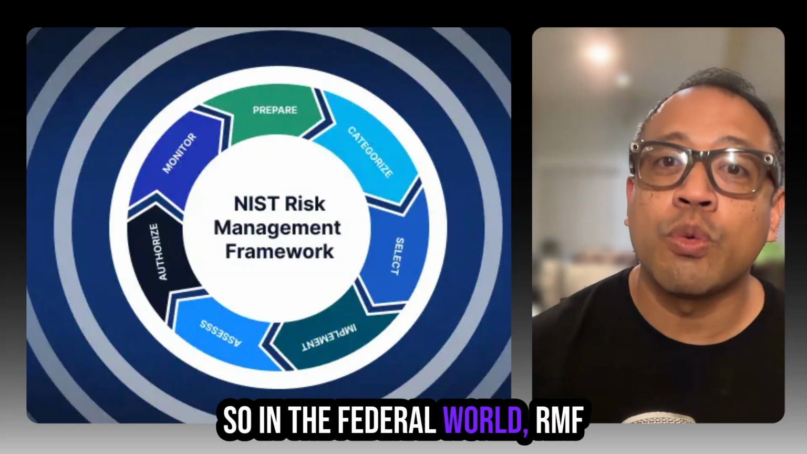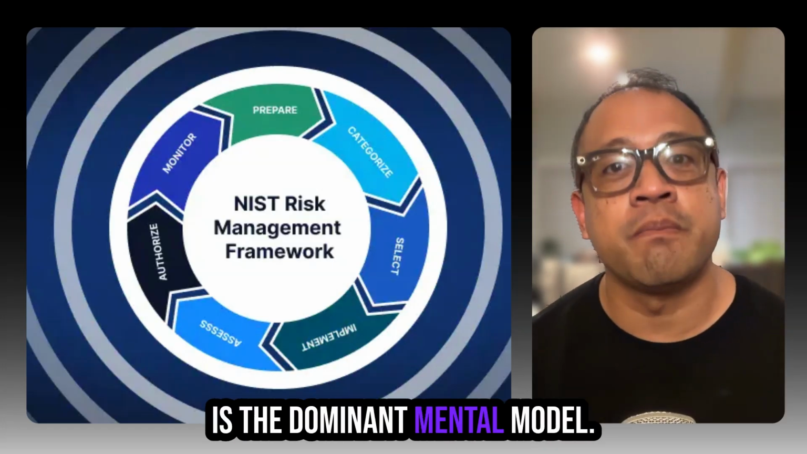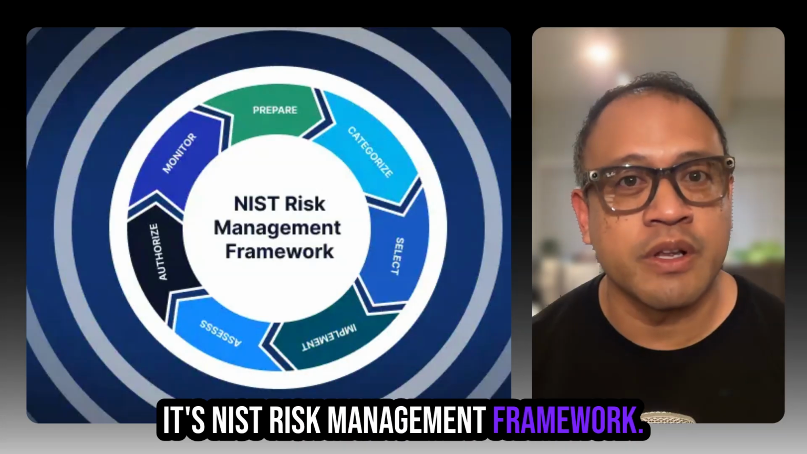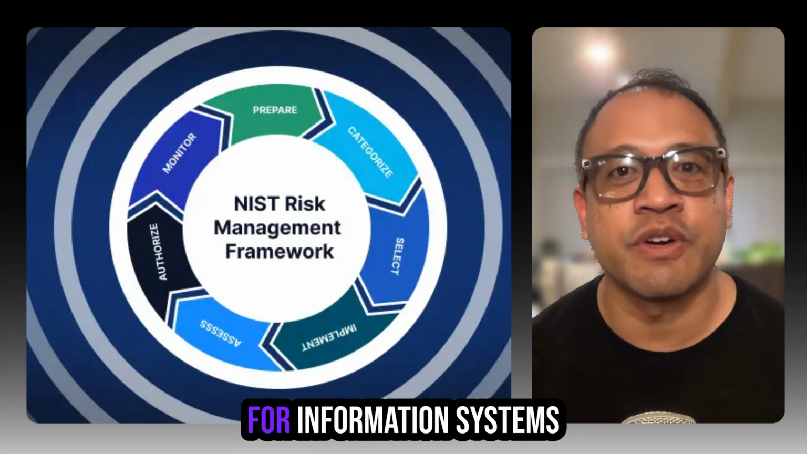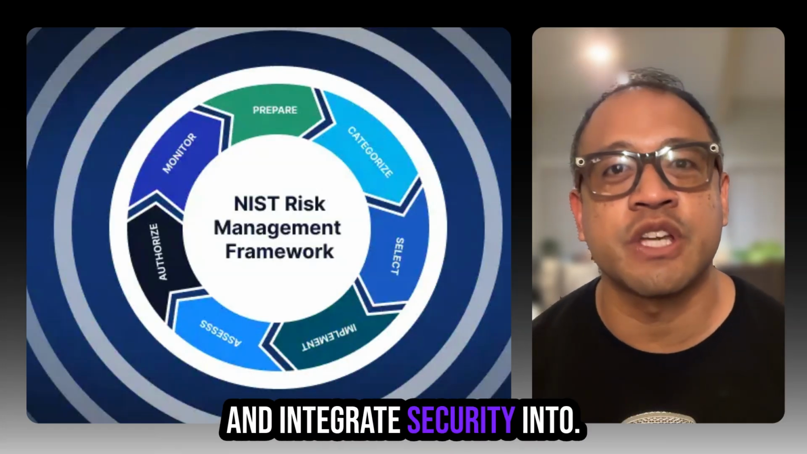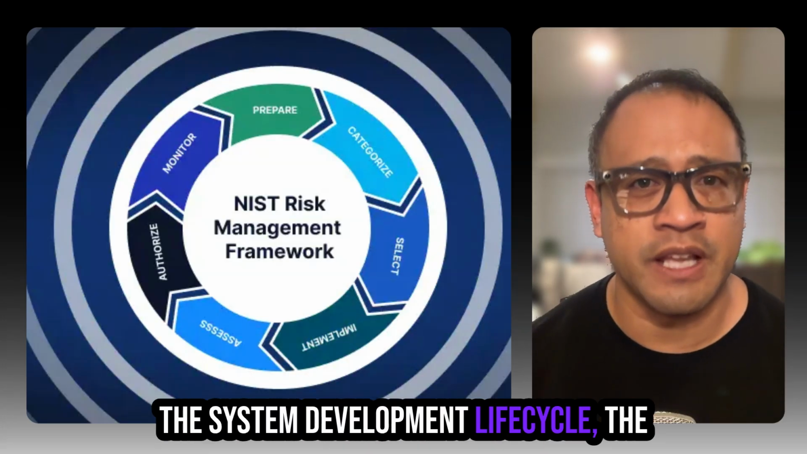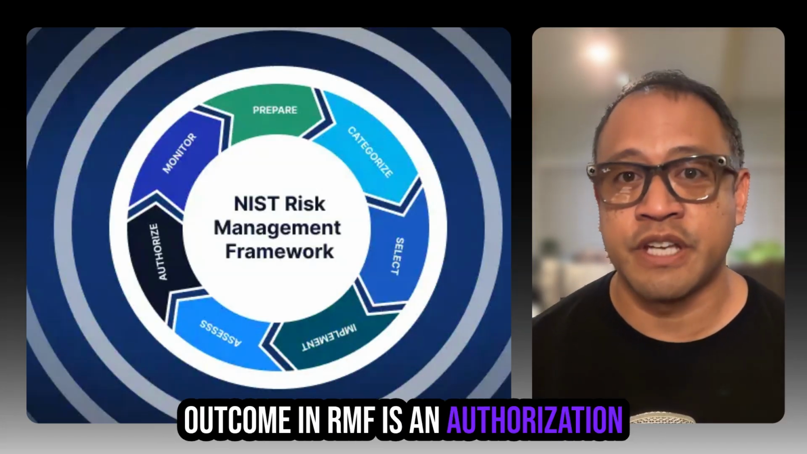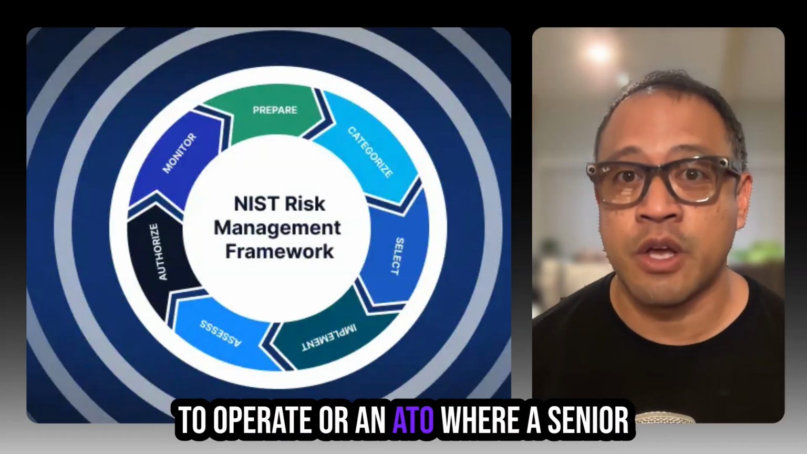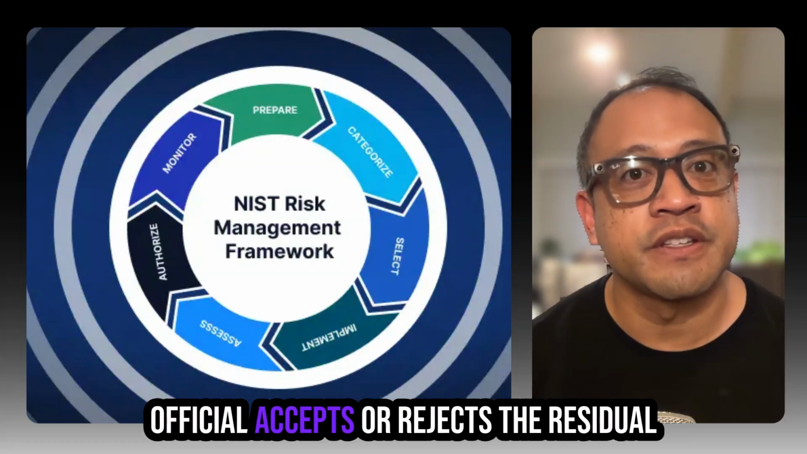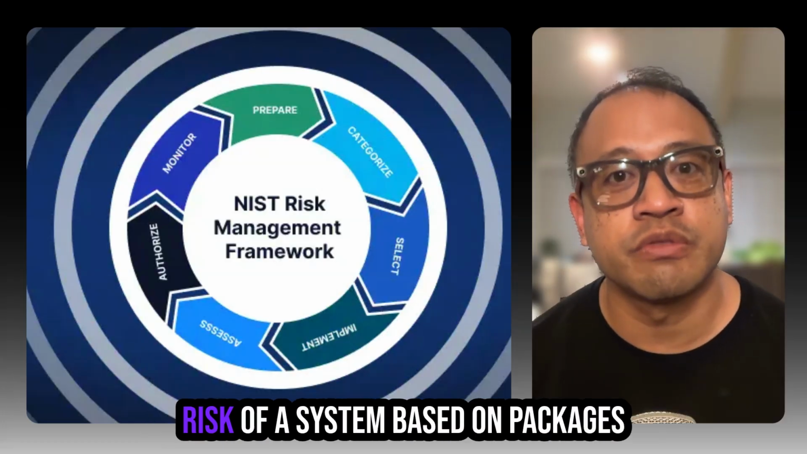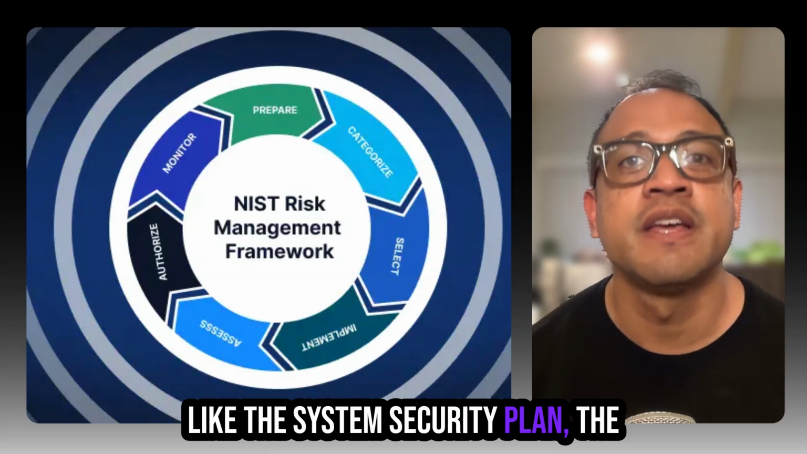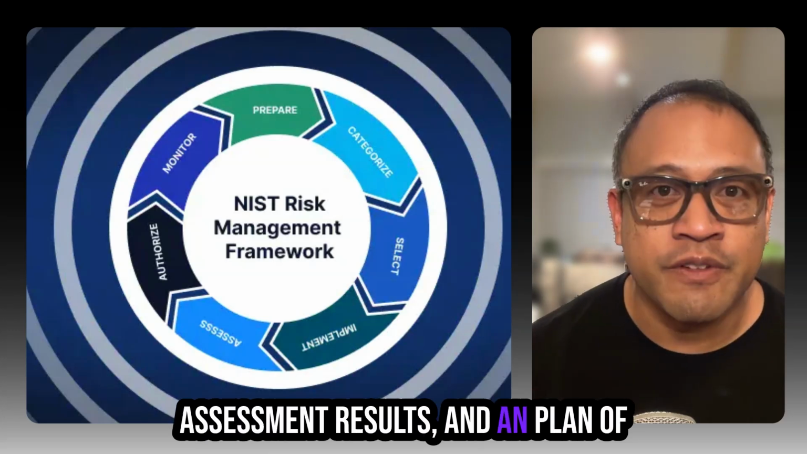So in the federal world, RMF is the dominant mental model. It's the NIST Risk Management Framework. It was built to manage risk for information systems and integrate security into the system development lifecycle. The outcome in RMF is an authorization to operate, or an ATO, where a senior official accepts or rejects the residual risk of a system based on packages like the system security plan, the assessment results, and a plan of